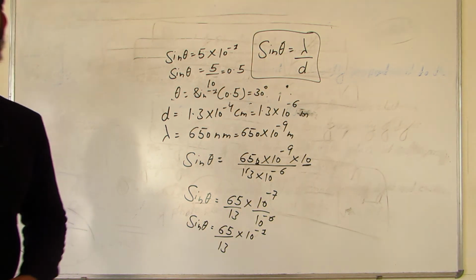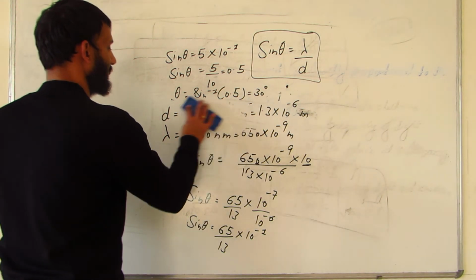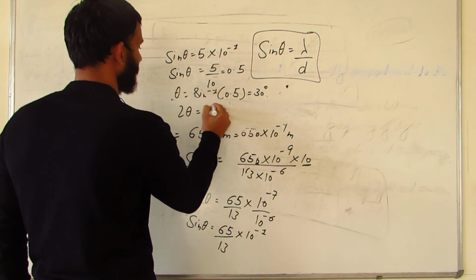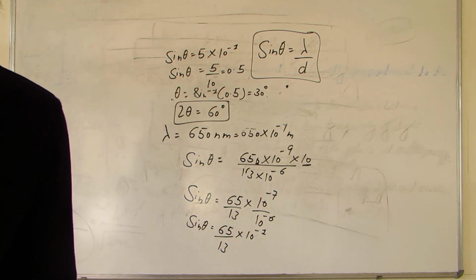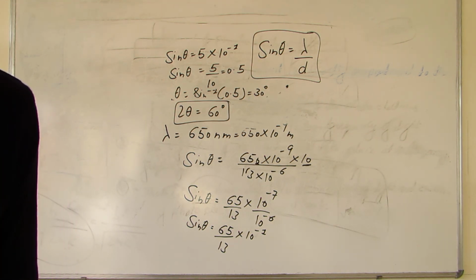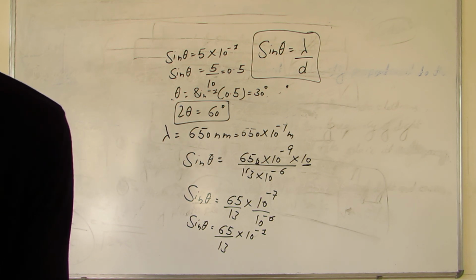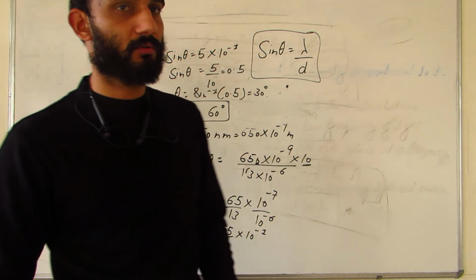And again, you just got theta, but you want to calculate the width of the central maximum, and therefore you will again multiply it by 2. When you do that, you will get 2 theta, which will be 60 degree. And this is how you can solve it, right? And if you want to solve more questions, I have this practice paper in the first video of wave optics. There you can do the rest of the questions, right?